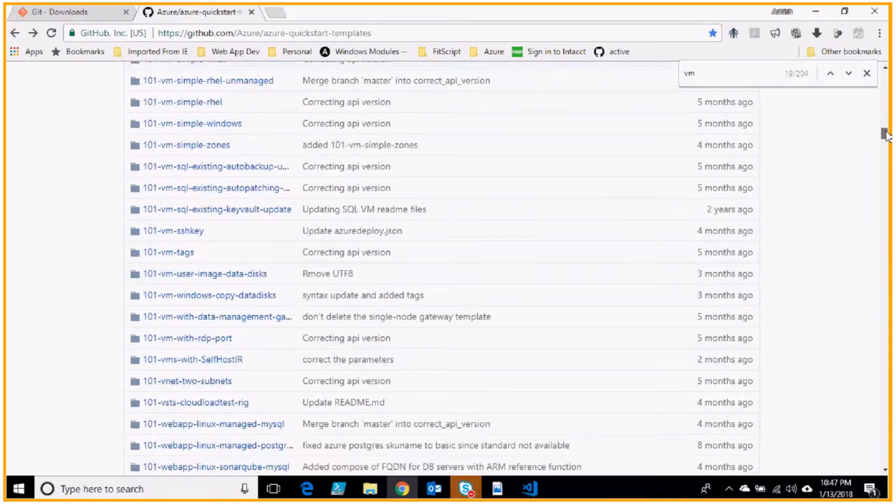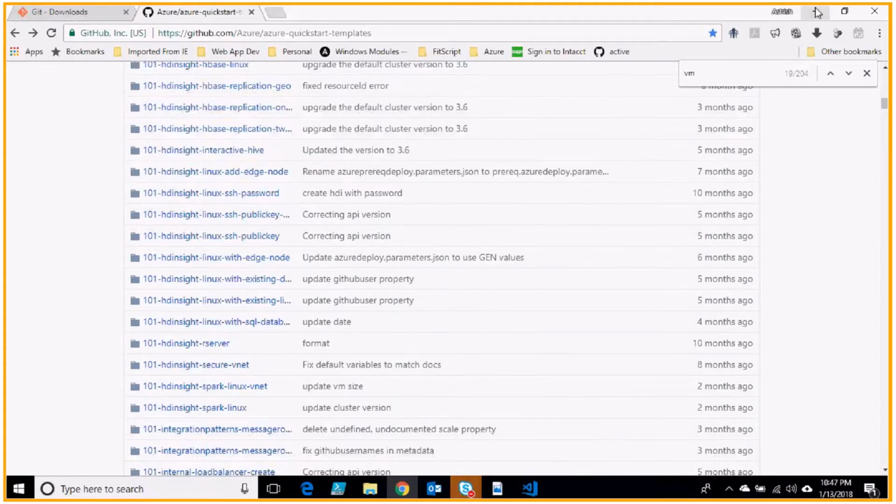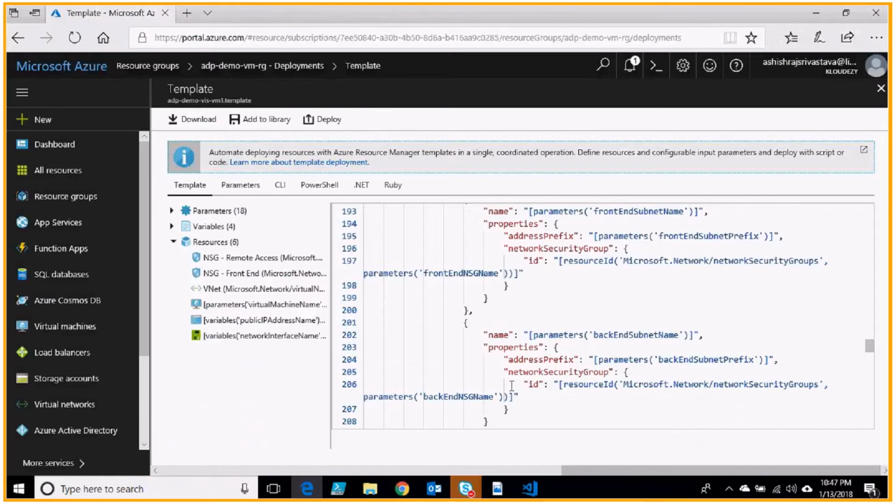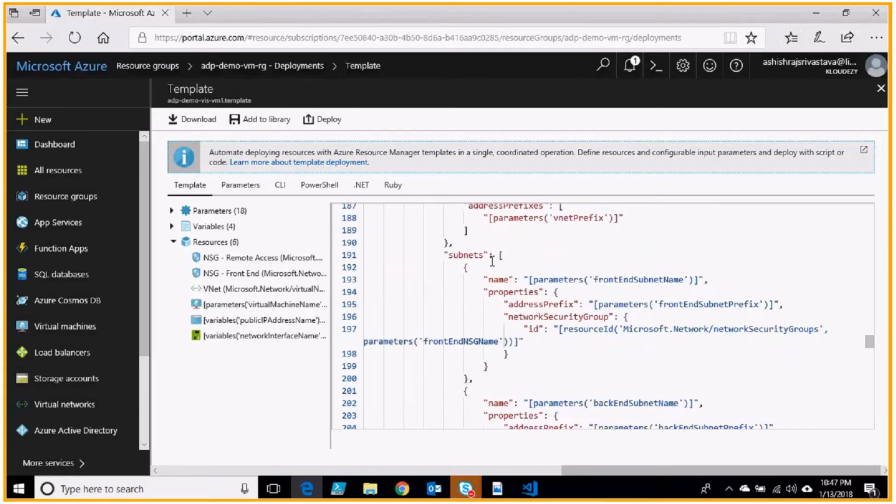So what I do personally, and it is a very easy way of achieving this, is that I deploy the infrastructure using the portal. The required infrastructure, maybe a little bit of things I would not deploy because that is not possible using the portal, or maybe that does not need to be deployed that way. But I will deploy 90% of it, then I will download this template from here, and then I will do